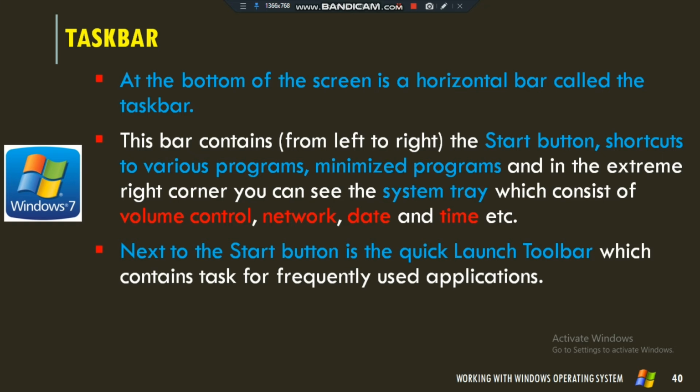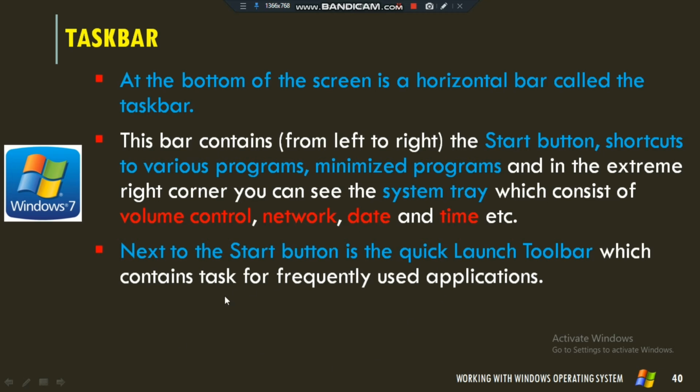After that, shortcuts to various programs and minimized programs are available. And in the extreme right corner you can see the system tray, which consists of volume control, network, date and time options. Next to the start button is the quick launch toolbar, which contains buttons for frequently used applications.